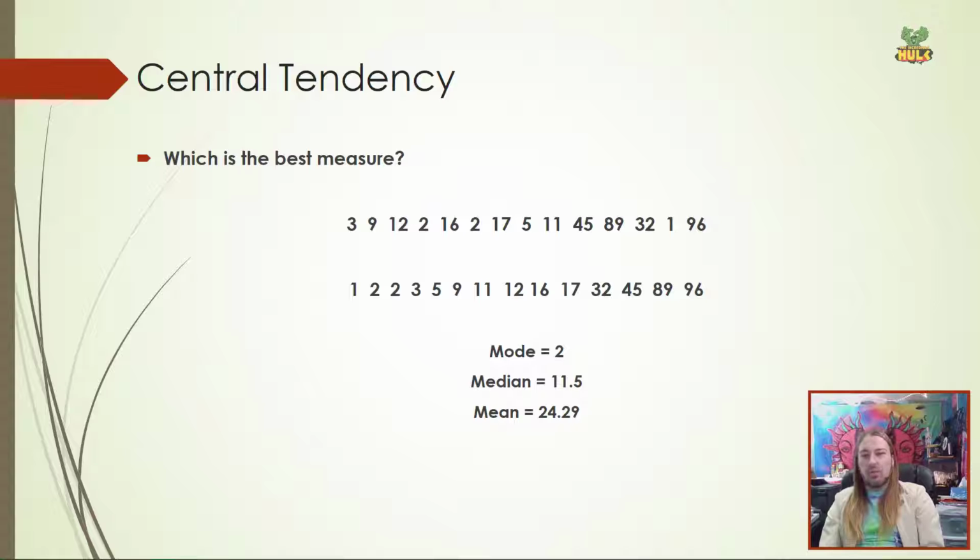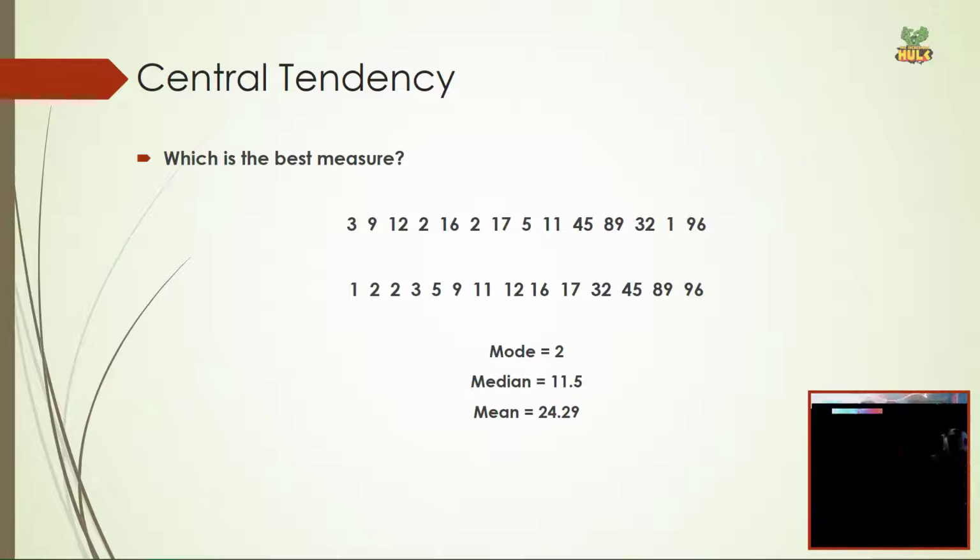Now, one thing you'll notice, if I were to add in an extreme score here, just like in the past case, so let's say I added in a 200. If I add in that 200, it's going to dramatically move the mean higher to shift that center point to account for that extreme score of the 200. But if I look at the median